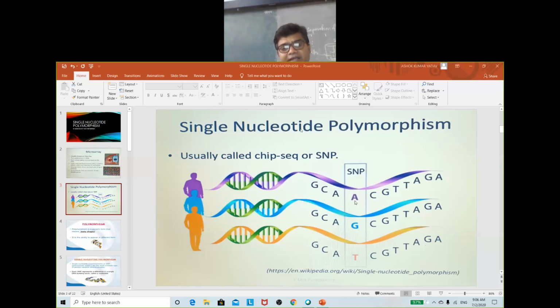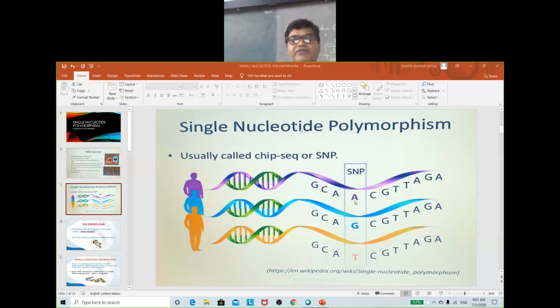So this SNP we can generally find after 1000 nucleotides in the human genome, or on an average we can also observe one after 200 to 300 nucleotides. So this is the most important technique to predict the variation of two different twins, two different